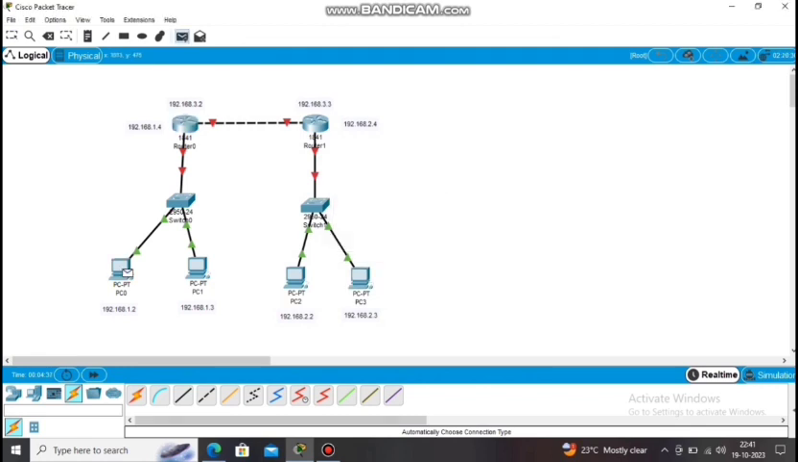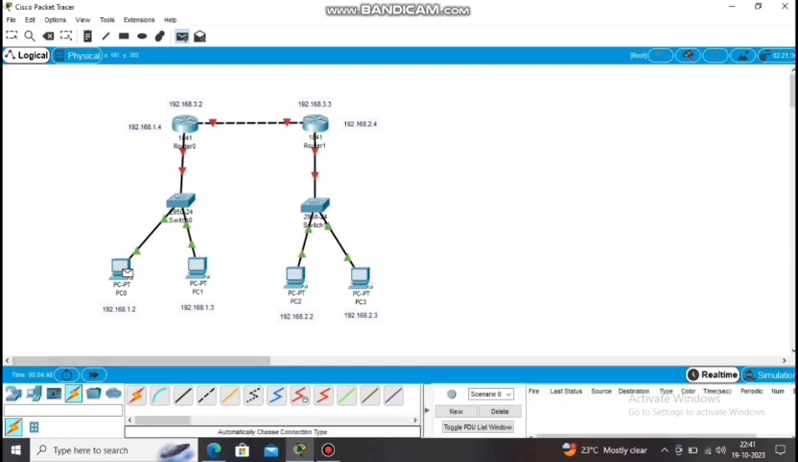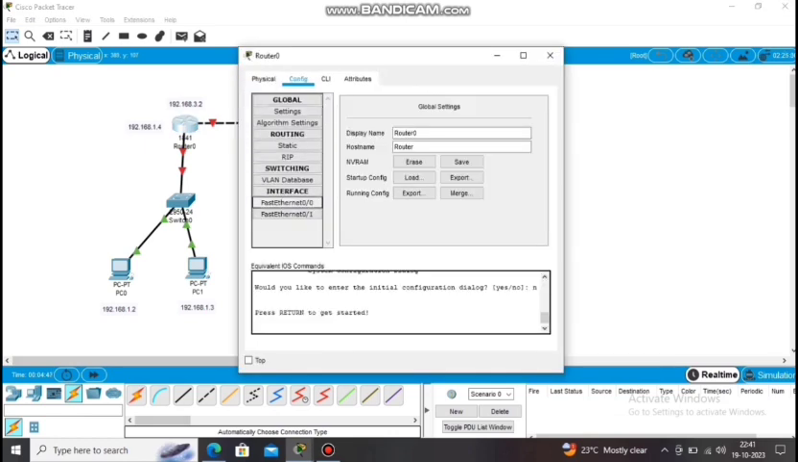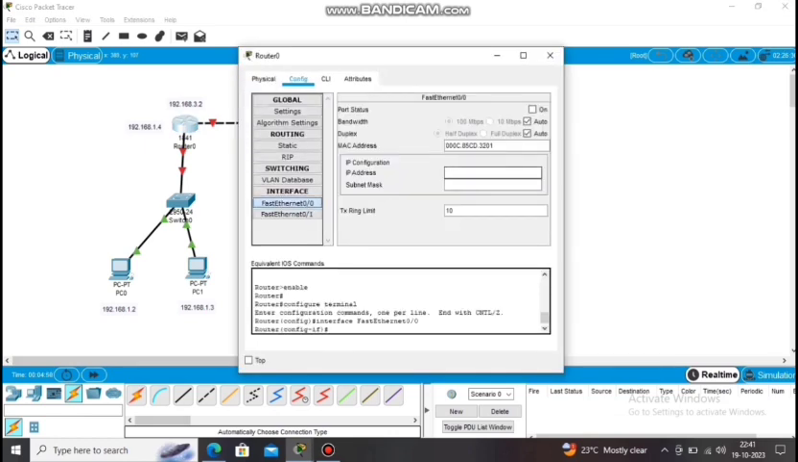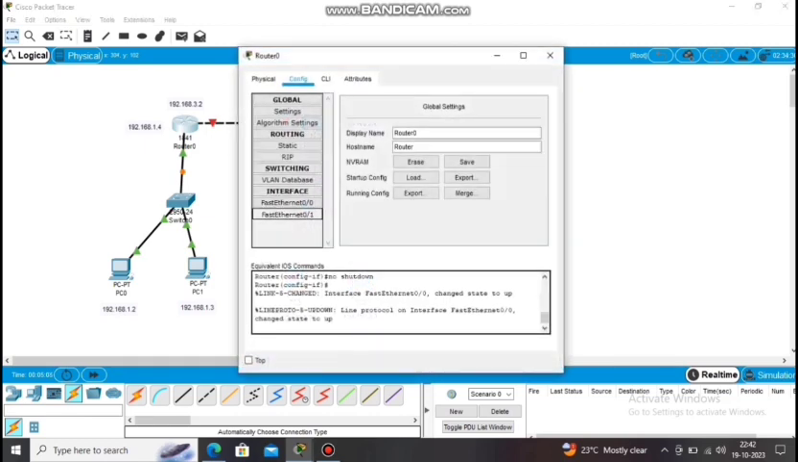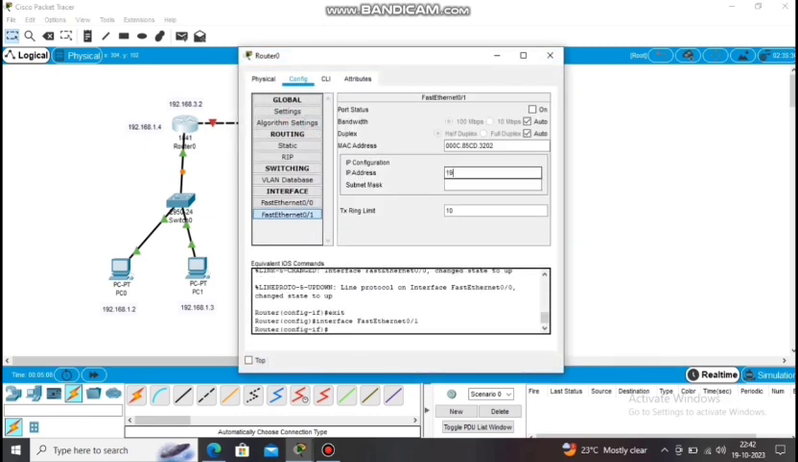it is saying router 0 has no functional ports. It means we have not assigned any ports for router 0. Now click on router 0, click on config. In FastEthernet 0/0, give the IP address as 192.168.1.4, subnet mask will take automatically. Click the on button and then in FastEthernet 0/1, give IP address as